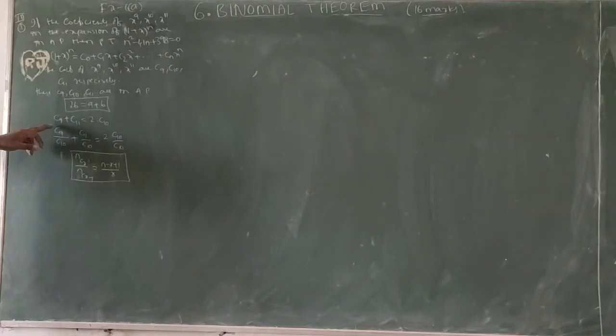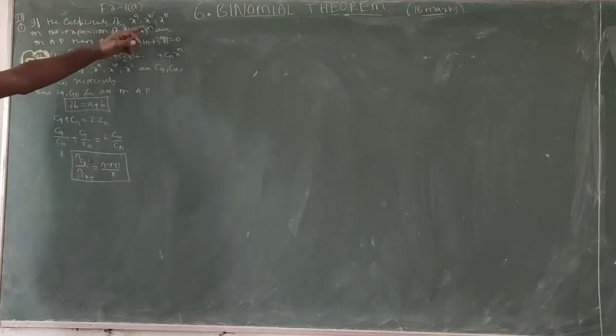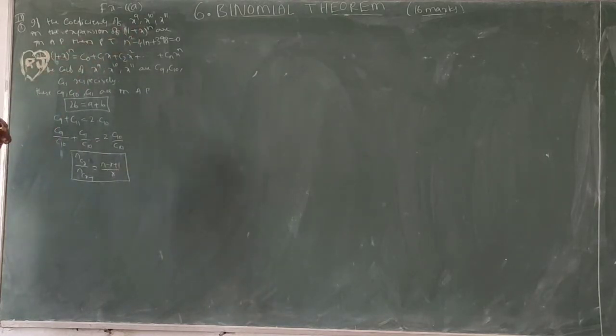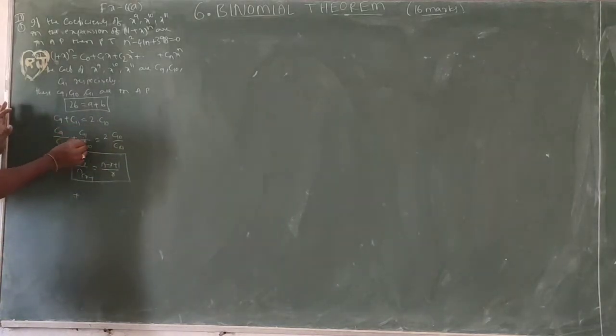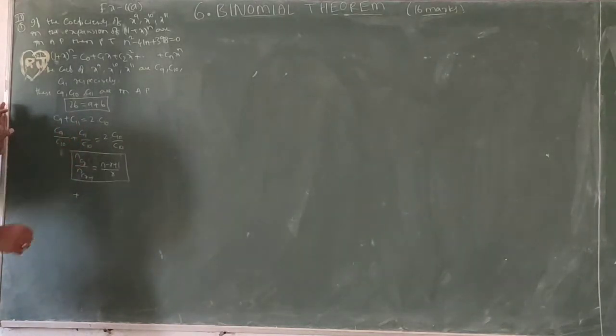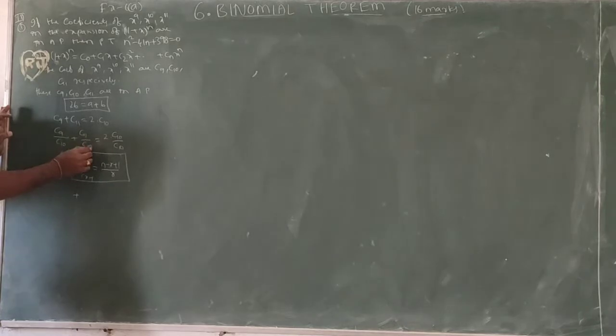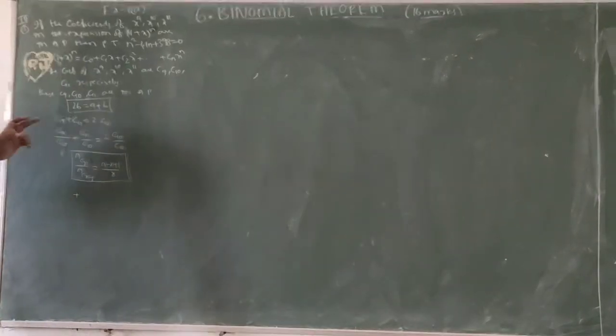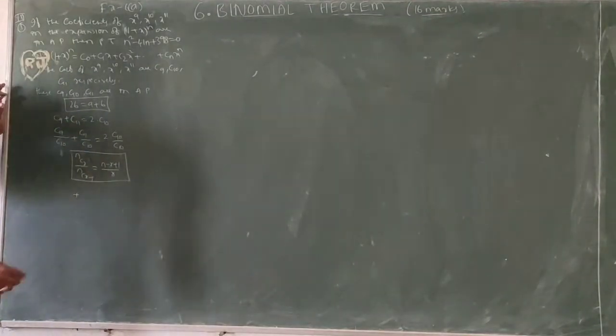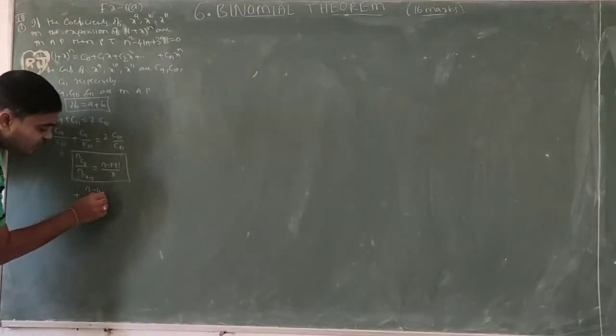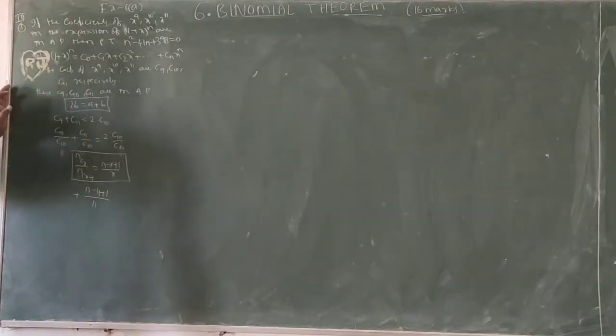Since the power is n, nC9 by nC10. I want to do it in order. First I want to do this one: nC11 by nC10. C11 is nothing but nC11, C10 is nothing but nC10. In this formula, nCr by nCr minus 1, 11 minus 1 is 10, so n equal to n itself, r equal to 11: (n minus 11 plus 1) by 11.